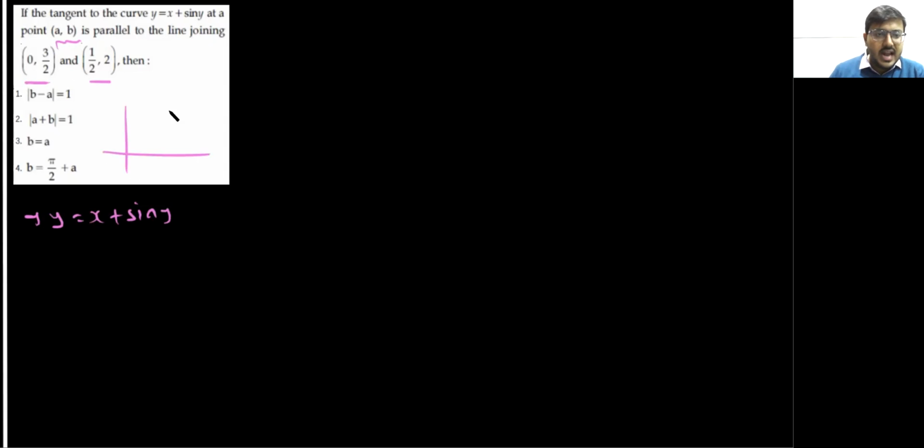Let's say we don't know the graph of this, but 0, 3 by 2 is somewhere over here, let's say, right? And 1 by 2, 2 is somewhere over here. So this is the line. Now, if I say that any curve y equals x plus sine y, and we don't know exactly, but let's say this kind of curve is that, and there is a point AB, right? So if the tangent is parallel to this line, both of them have equal slopes. So let me first of all find the slope of the line